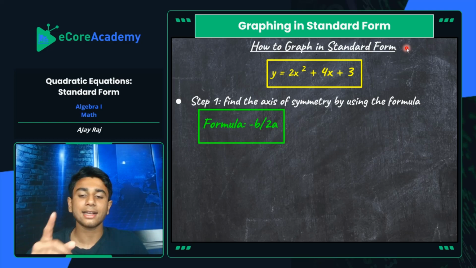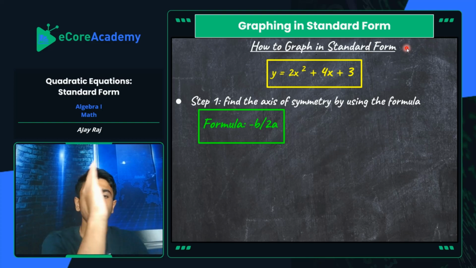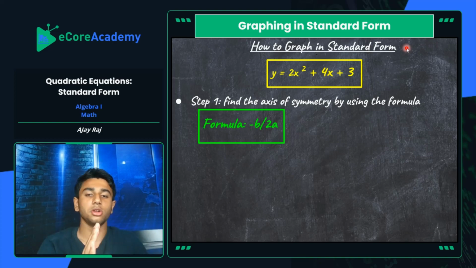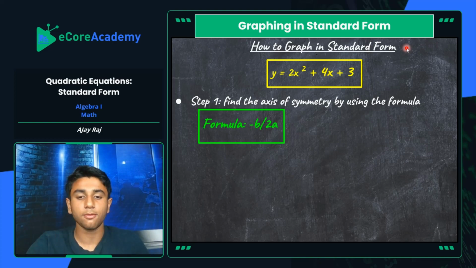In order to find that axis of symmetry, literally the center of your parabola, so that if you put it right in between your parabola, both halves will be identical. So it literally splits your parabola in half. In order to calculate for that, there's a really neat formula, which is negative b over 2a, taking those parts